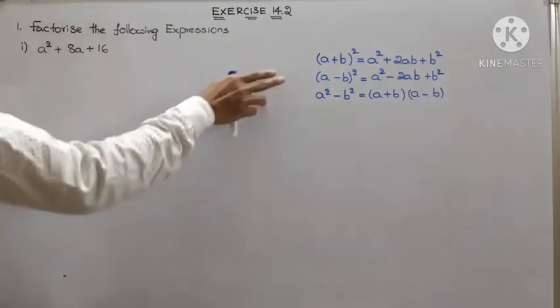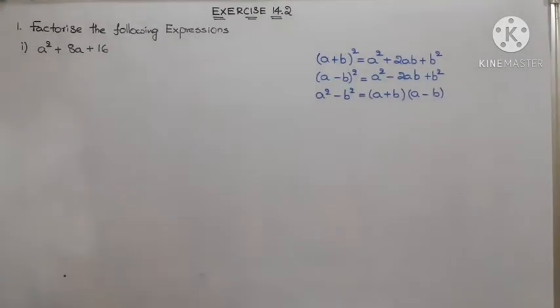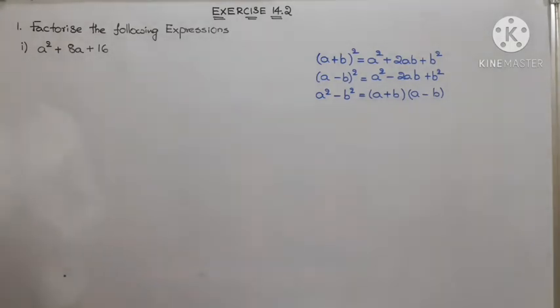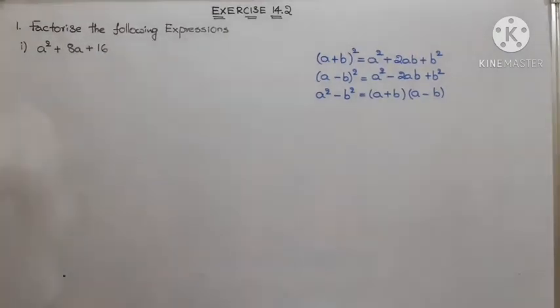So there we have used mainly three, and the fourth one we already know: x plus a into x plus b is also there. Even that is going to be used. So basically four, of which the major are three. So let us see how to factorize the given questions using the respective algebraic identities.